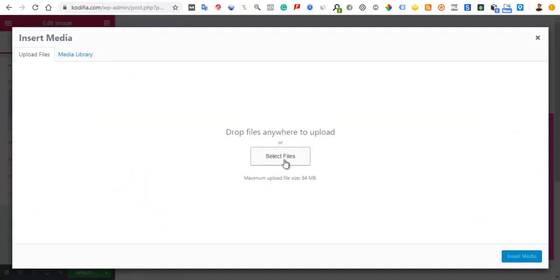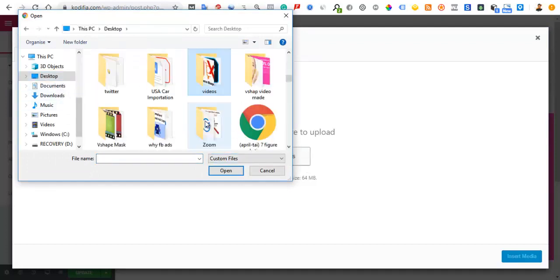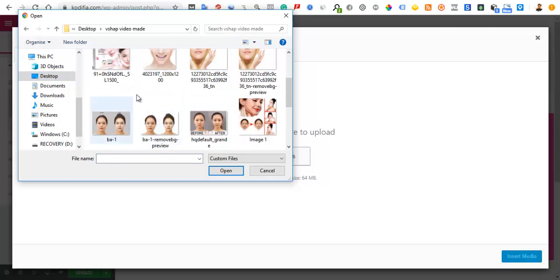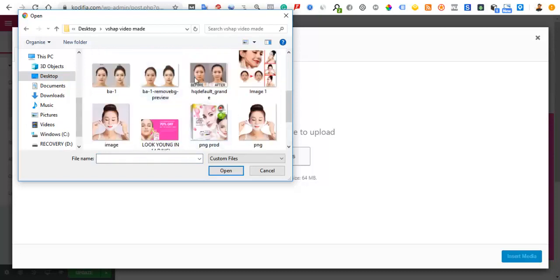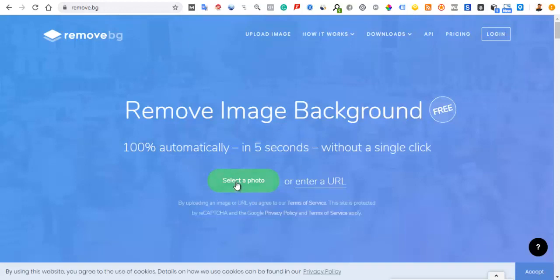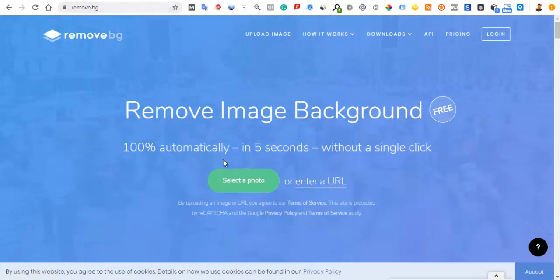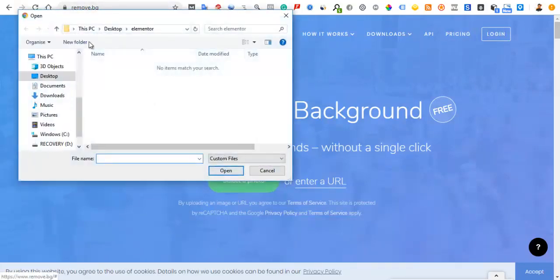One other thing I want to show you guys is you might probably get your images from different sources, by the way. Okay, so I've been able to get certain images and I'm going to show you guys. So you can see these are the different images I've gotten, and you can see right here that this is the image I'm going to use, but now I've removed the background. Okay, you can remove the background of your images using a site I call remove.bg. Okay, so for instance, if I select an image, just go to remove.bg, all right, and click on select a photo,